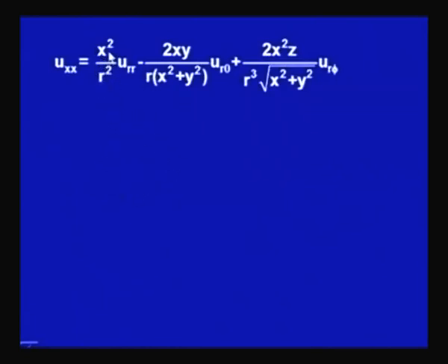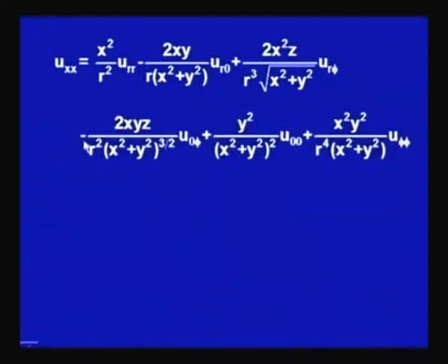You would be getting x square upon r square u r r minus 2 x y upon r times x square plus y square u r theta plus 2 x square upon r cube square root of x square plus y square u r phi minus 2 x y z upon r square times x square plus y square to the power 3 by 2 u theta phi plus y square upon x square plus y square whole square times u theta theta plus x square